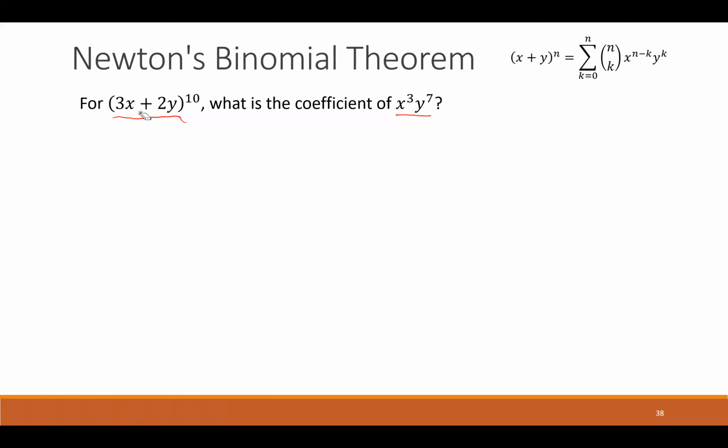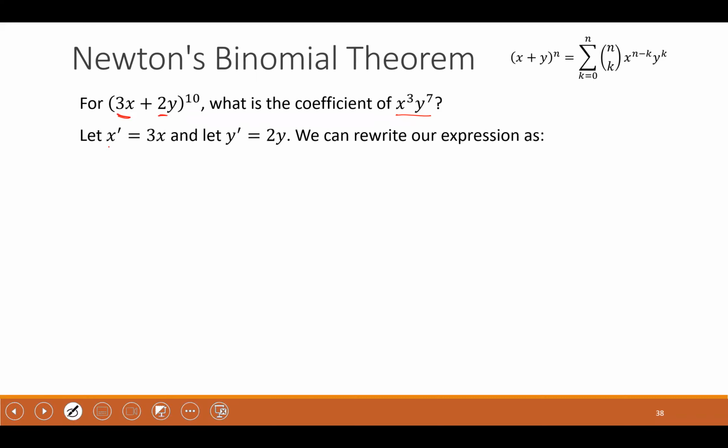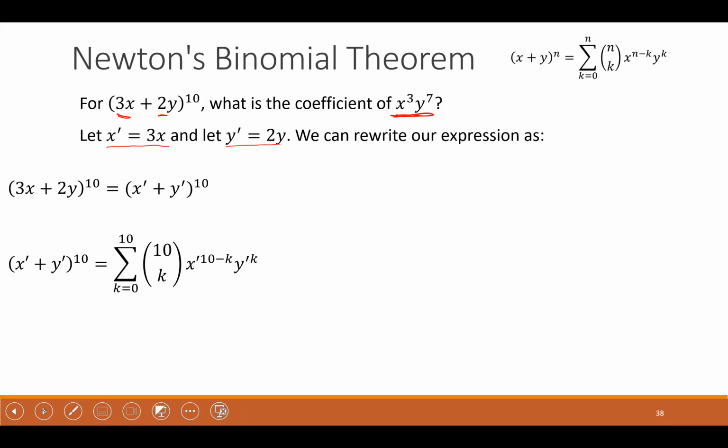Now it's not quite so simple because we have constants in front of these. So what we're going to do is put it into a form that we understand. We're going to make x prime equal to 3x and y prime equal to 2y. And we're going to rewrite this expression as (x prime plus y prime) to the power 10. Now we know this is our coefficient, and this corresponds to,